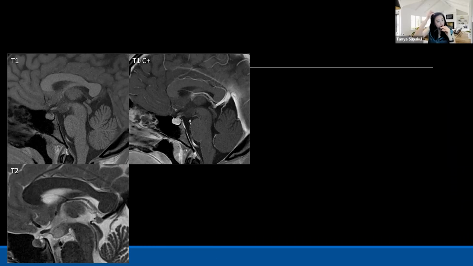This is another patient for the step 4 checklist. You have the sagittal T1 image here, with absent posterior gland. The anterior gland looks probably okay. You check the pituitary stalk. You don't see any ectopic location of the posterior gland, but there is something like a soft tissue lesion in the hypothalamus. No contrast enhancement. And you can also see it on the T2 image, relatively T2 bright.